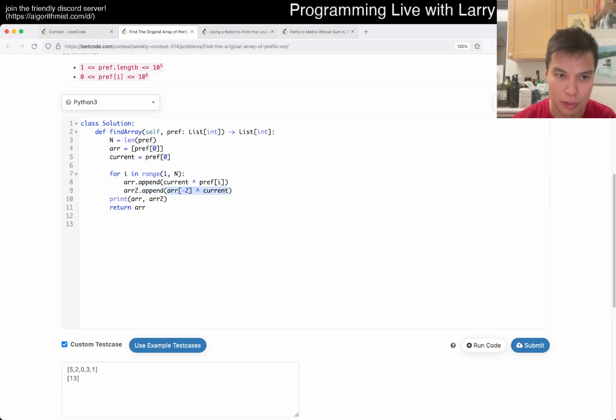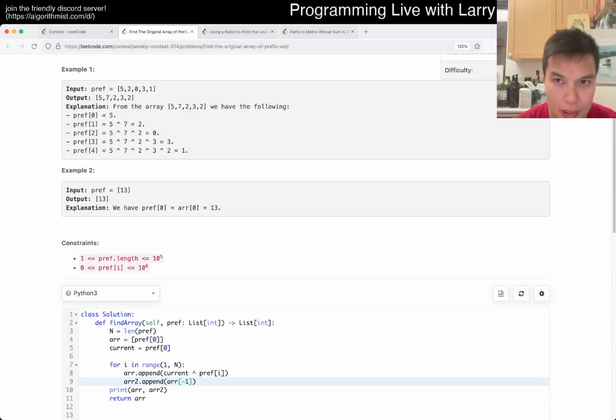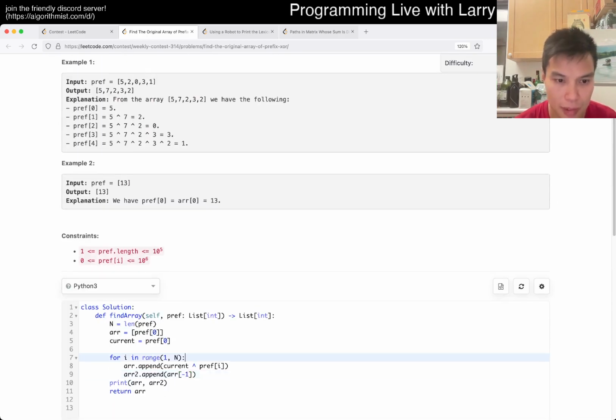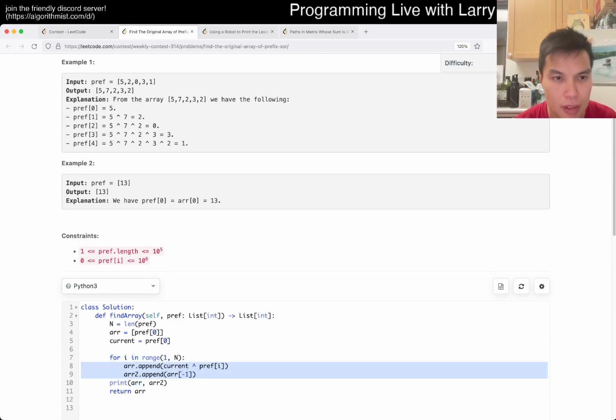Okay, Larry, focus. Cannot believe I'm struggling with this one, but okay. So we have 2, so then we get 7. Okay, and then now we have 5 and 7. Oh, so this is just